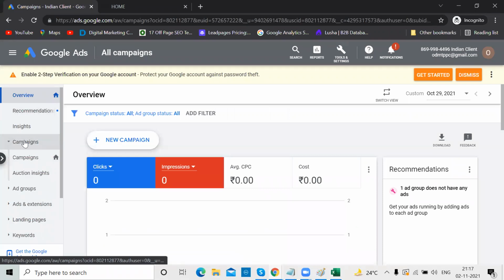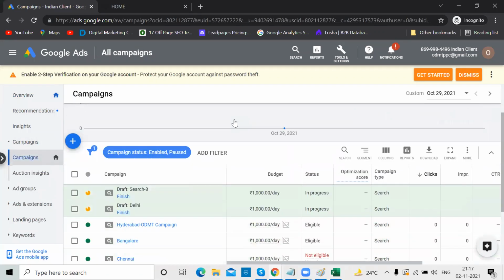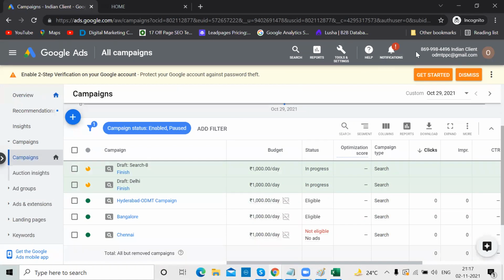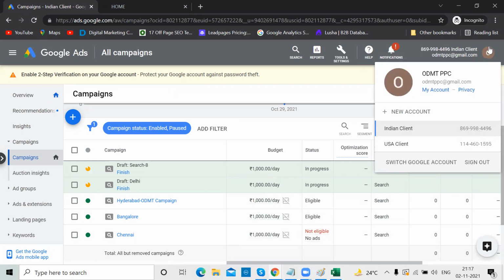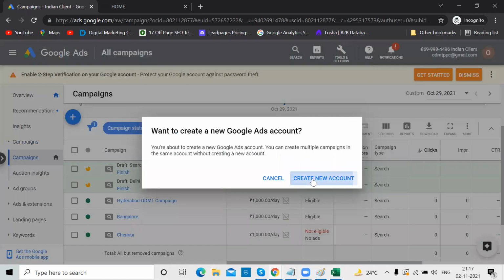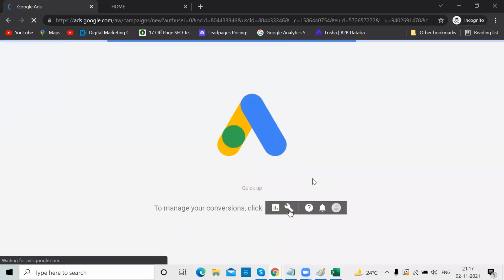Now campaign. See guys, in this account, I already have other campaigns here. Remember, your overall budget will be utilized by all the campaigns. You don't want to mess this photography client with all other things. Better you can create a new account, or else you can remove them and start with a new one. But anyway, you have a chance, right? It's better you start with a new account. I'm creating a new account here with the same Gmail account, so that I'll be having a separate thing for this wedding photography one.